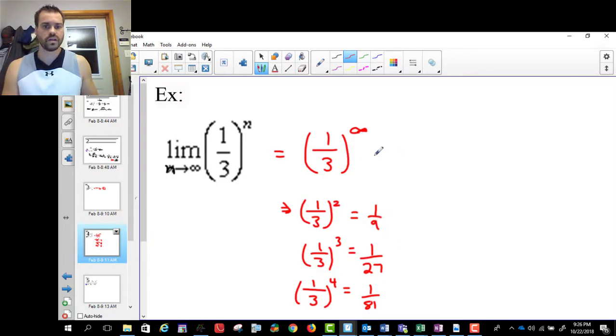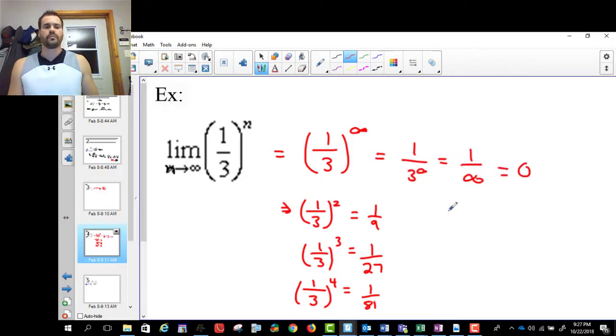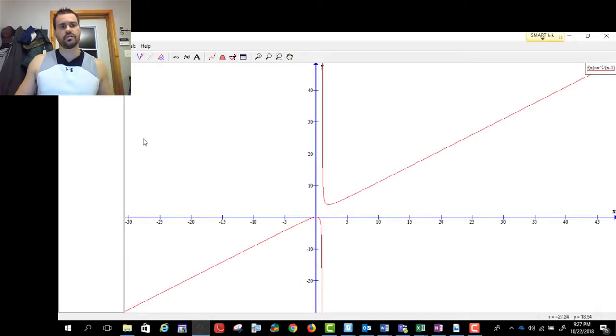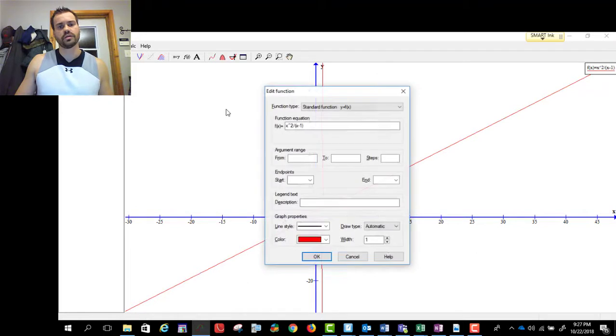So we're essentially going to get 1 divided by 3 to the infinity, which is 1 divided by infinity, okay, which is 0. Right? And again, if you draw this, you can kind of see this, okay? So it's helpful sometimes just to draw them so you can kind of see what's going on, or you can get a concept in your mind of